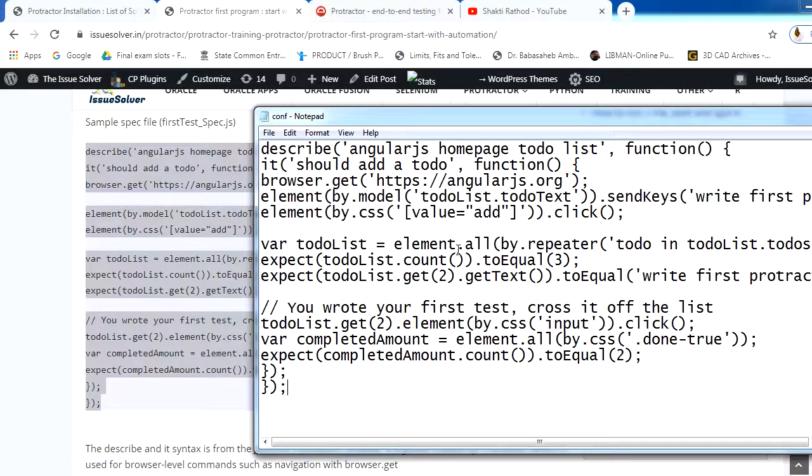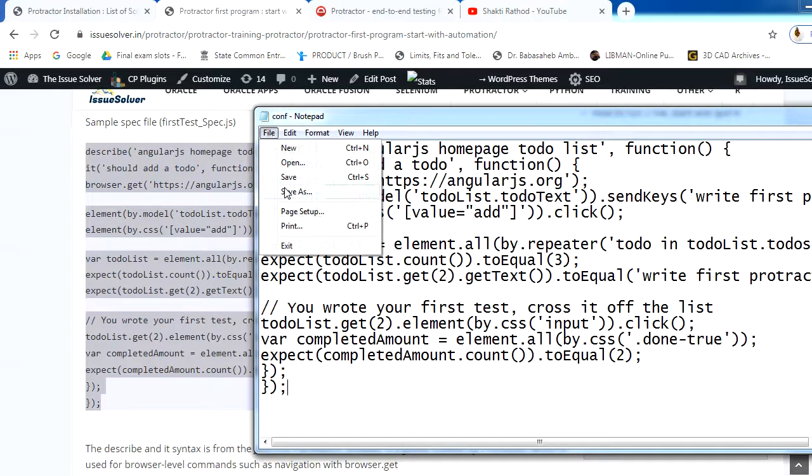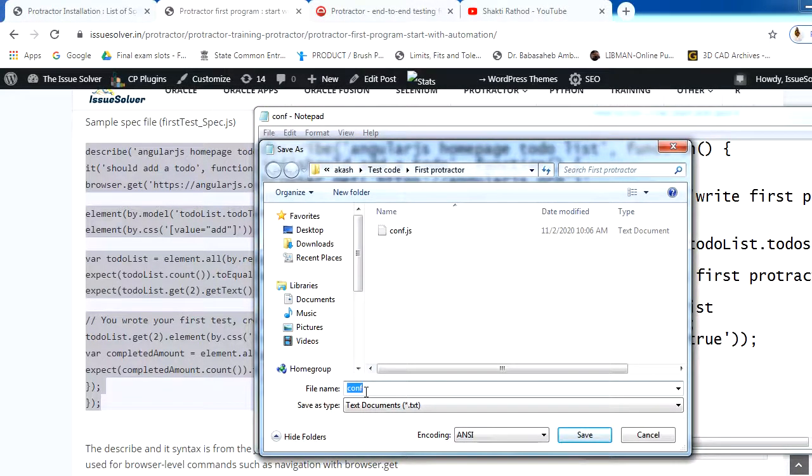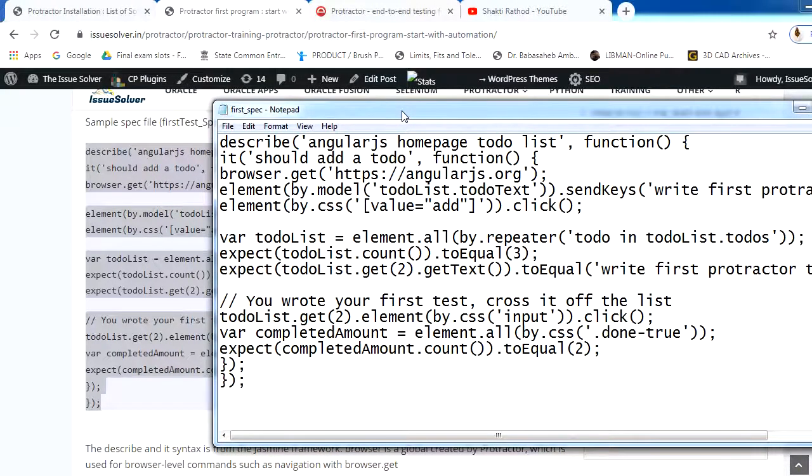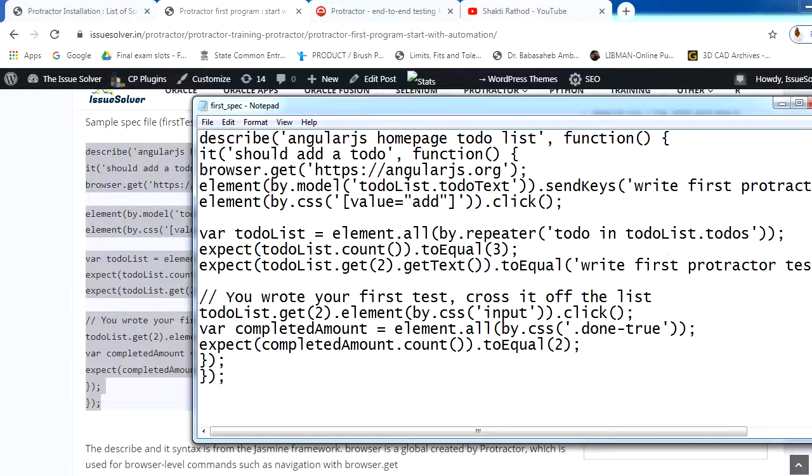Okay, I will just save it as first underscore spec.js. In the next lecture I will show you on the IDE how to run this one, but just for simplicity I am showing you how I am doing.